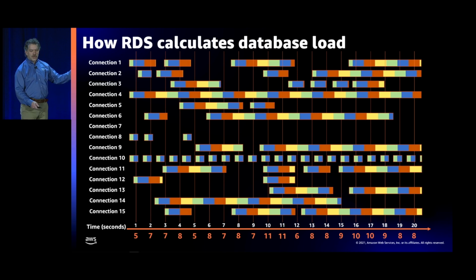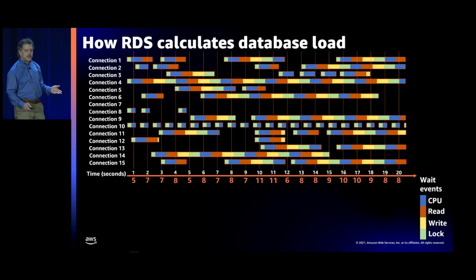So if you look at it this way, it stands to reason that this metric and this sampling approach offers an opportunity not only to show how many requests are being handled at a given time, but also to show you exactly what those requests are doing. Because every active database request is going to be doing something at any given moment in time. It'll be running on CPU, reading from disk, or something, right? A database request that's active is not idle. It's doing something at every given moment.